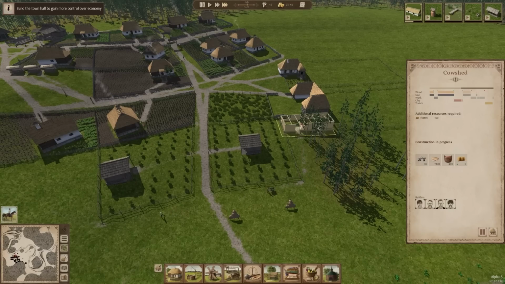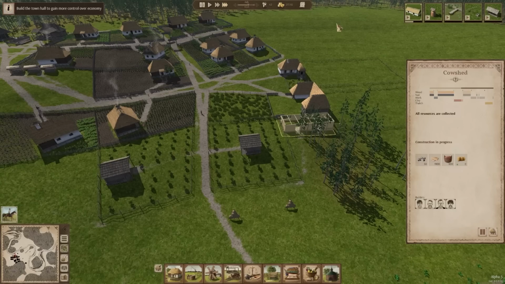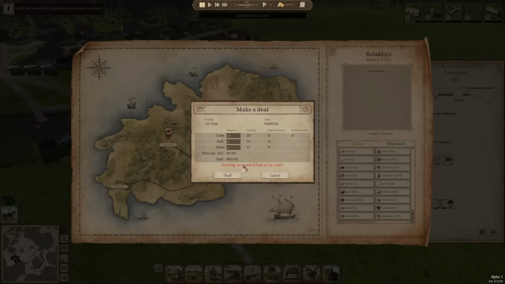7 more days. They've got some time to finish this. They just need the thatch. 5 more days. Okay, all resources are collected. Now they just got to come over here and build. All right, come on, my guy. We're up against the 8 ball here. 2 more days. All right, it's going to go down to 1. Okay. All right, pause the game. Warning, no cow shed, but there will be a cow shed. It's going to be fine. Let's buy 2 bulls. And I don't have enough money to really buy 20 cows. But can I buy...